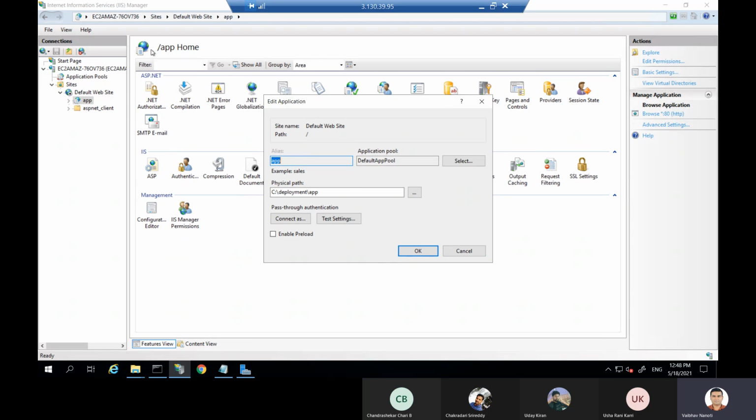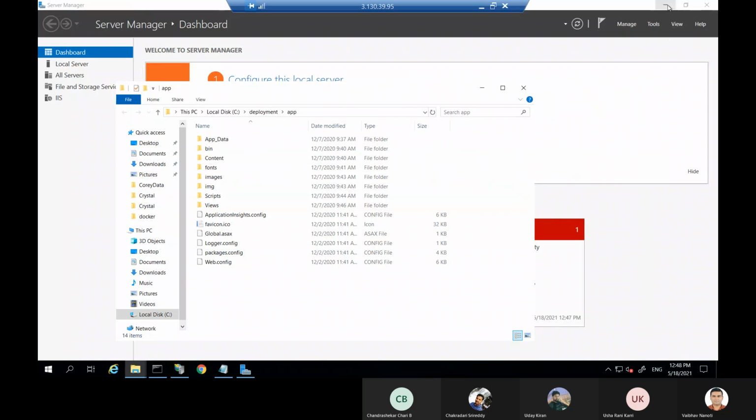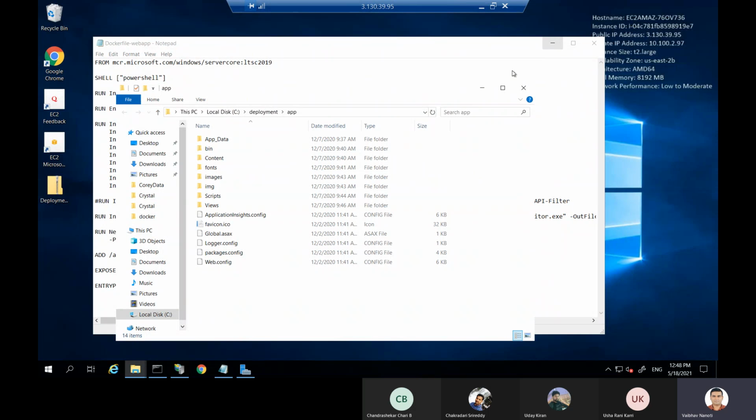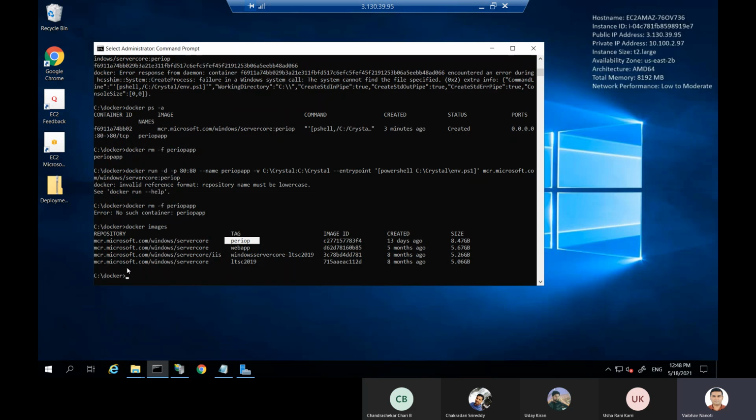So how should I achieve installing the app server in my Docker image? This is the plain image I use first, in which only Docker is installed and a 5 GB Windows 2019 server image is there.